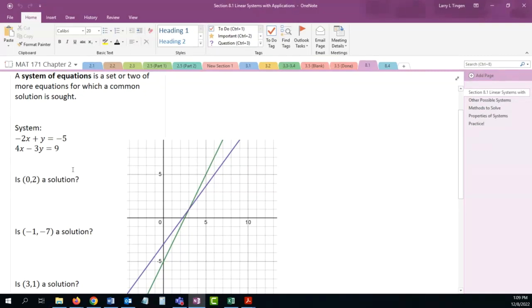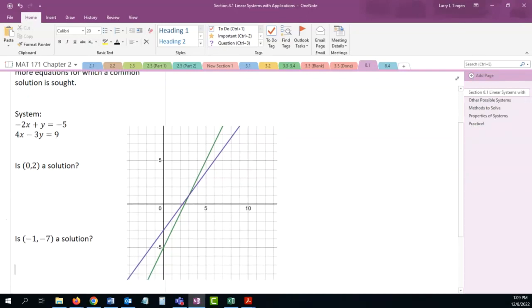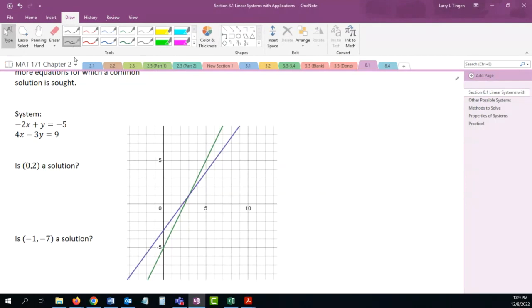So how do I do that? Well, I'm being asked directly, is (0, 2) a solution to that system? The way I check it is I plug in (0, 2) to both lines, and both of them need to come back with something true. All right, so let's try it for the first. So (0, 2), is this a solution? Well, if it is, then when I plug in